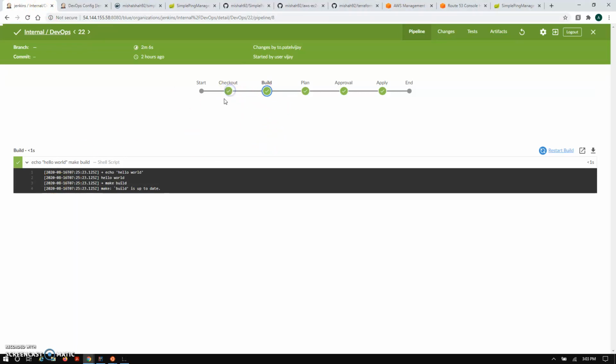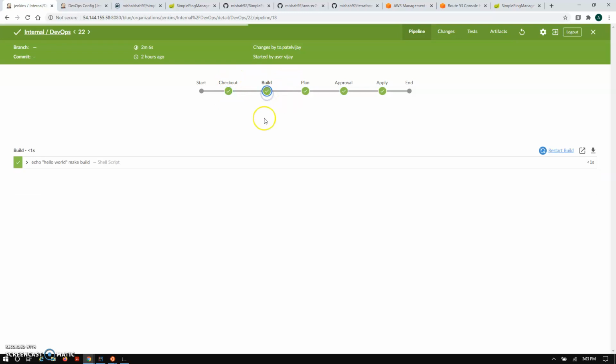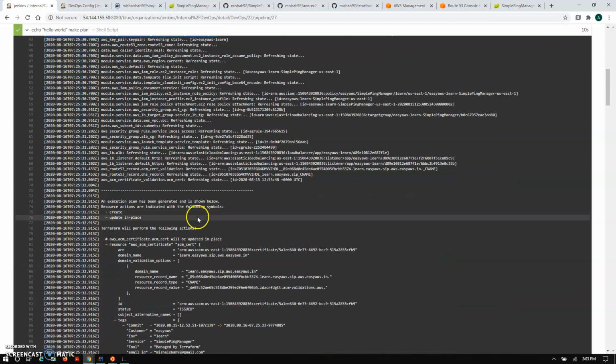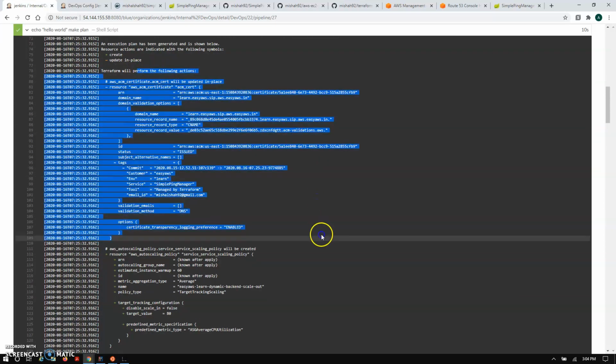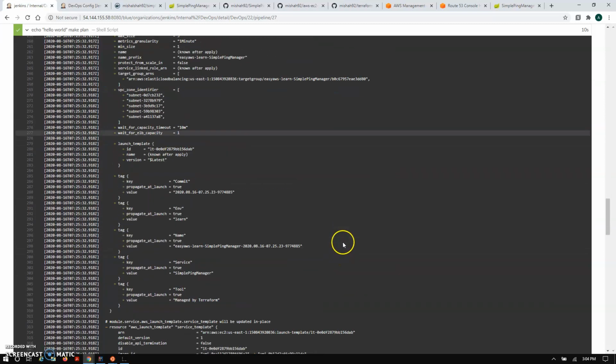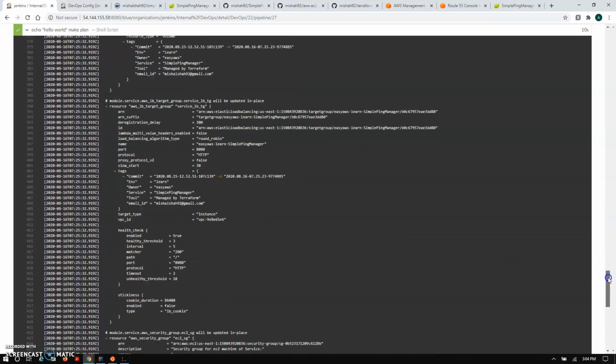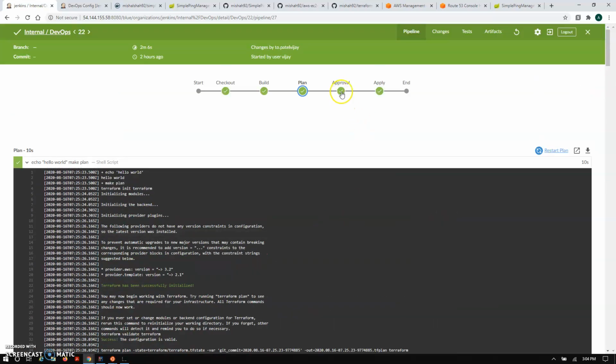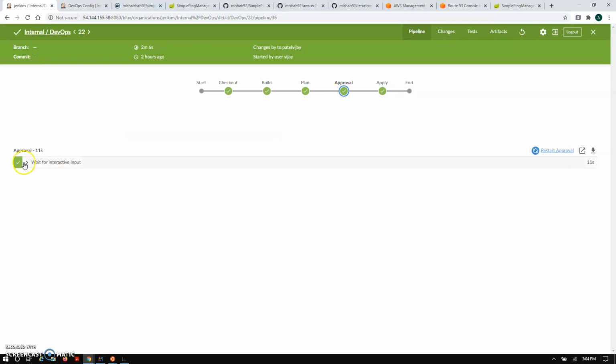In the pipeline, it does the checkout first, then it will run the build. So this creates the infrastructure as part of the compilation of the Java application, builds the Docker image, and pushes it to the Docker Hub. Plan will populate the plan, where it will check what configurations are going to change in terms of the state mapping with the AWS side. So it will create the complete configuration. Here you can see this plan information, what resources are going to be created and what resources are not, and what resources can be updated. Here you can see the change part also.